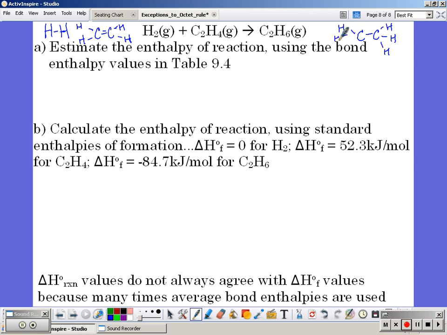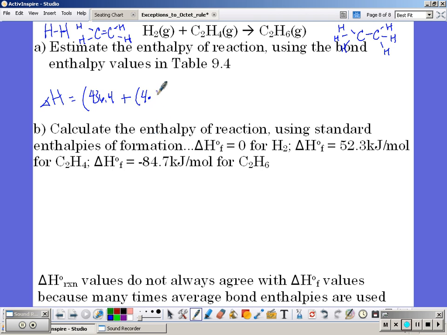So I would need one hydrogen-hydrogen bond, 436.4 kilojoules per mole, plus, now in this diagram I have 4 hydrogen to carbon bonds. So I'm going to do 4 times hydrogen to carbon, which is 414,